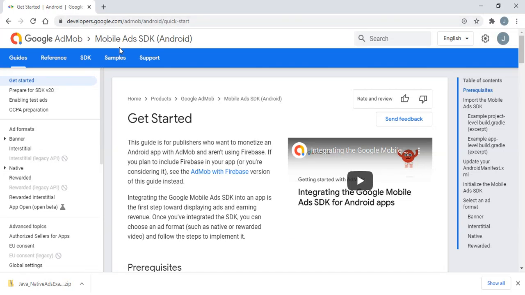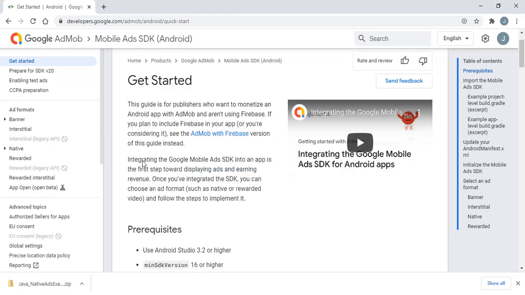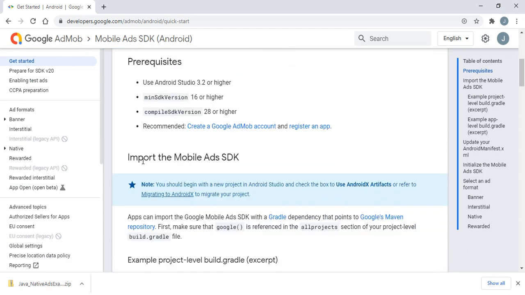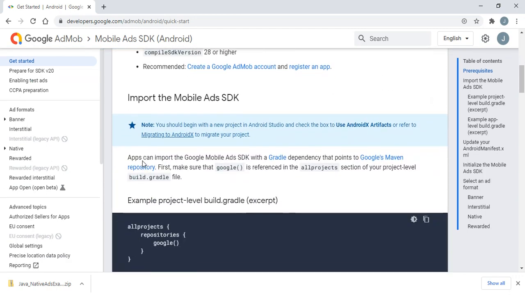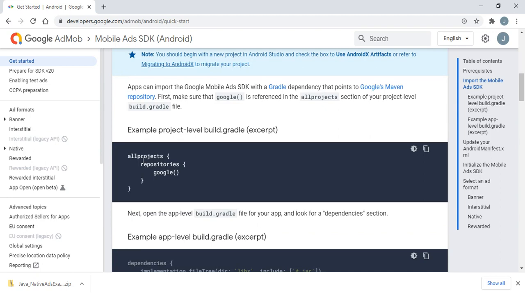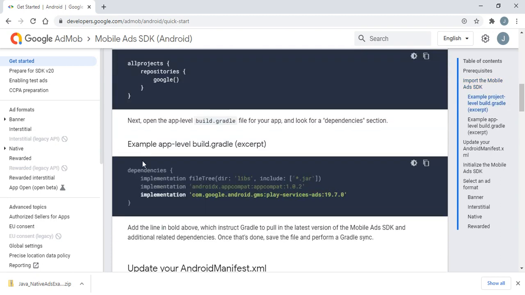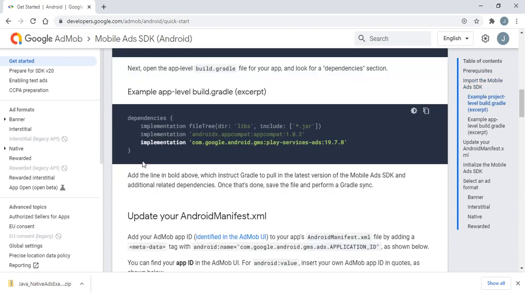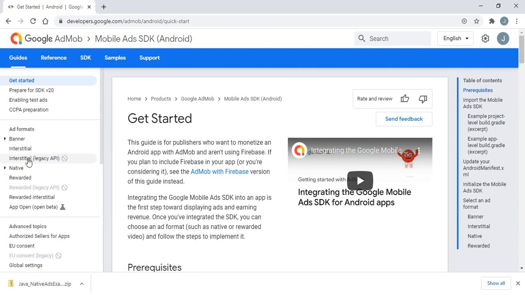And in this video I am going to give you the source codes of the ad integration, and you will also get the source code for our previous two videos which were created for the banner Admob ad integration and interstitial Admob ad integration. And in this video you will get all the ad integration source code for our banner